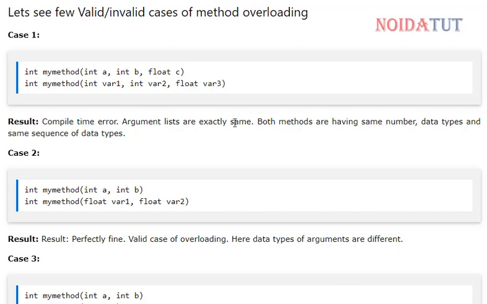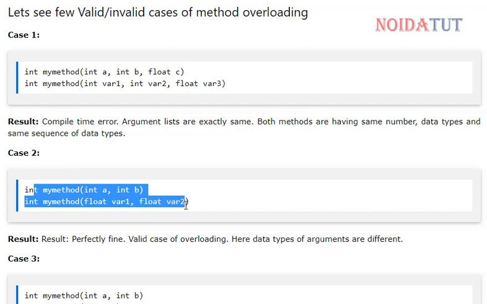Argument lists are exactly the same, the methods have the same number, data types, and same sequence of data types. Can you see that? A compile time error will occur because the argument lists are exactly the same.